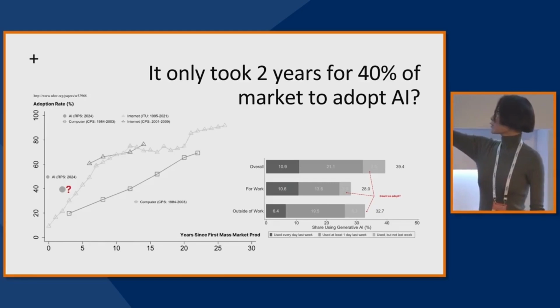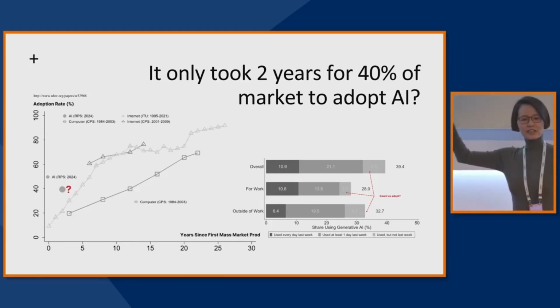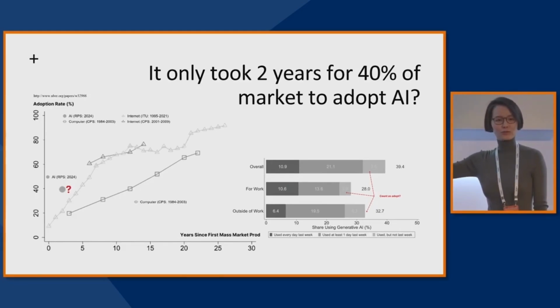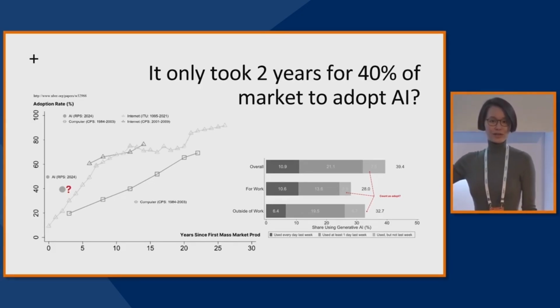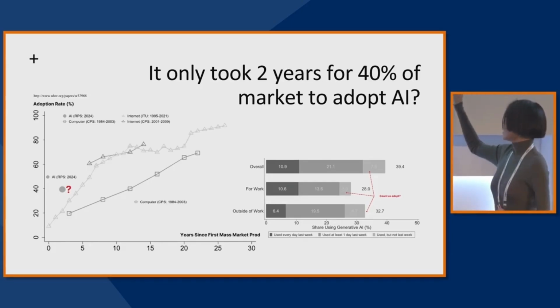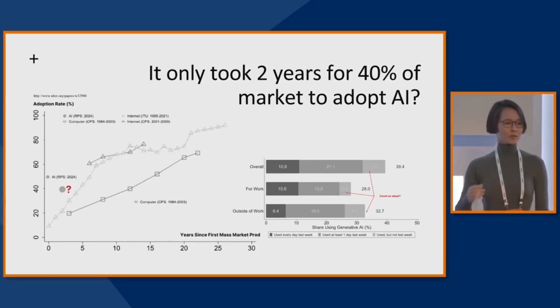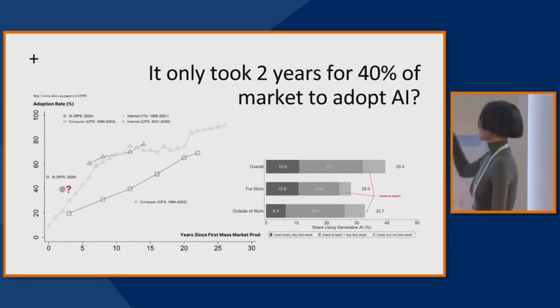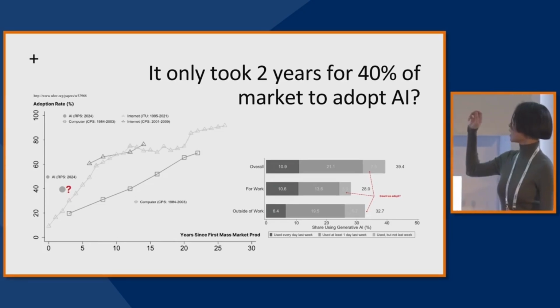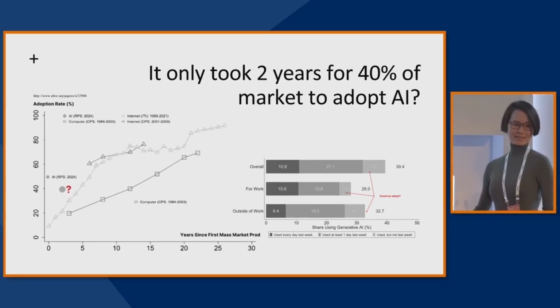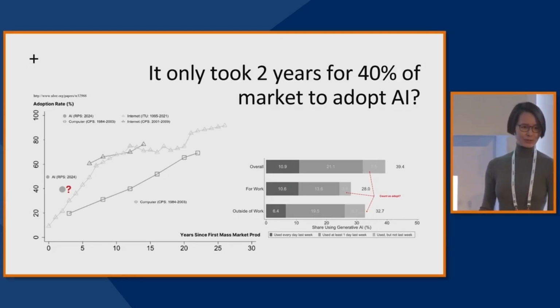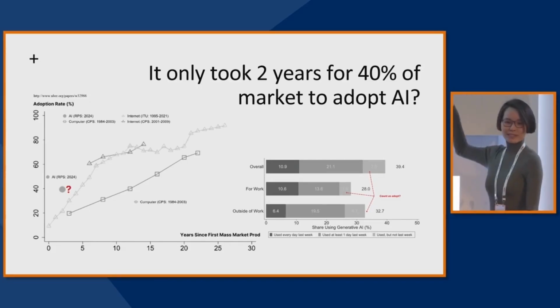This group, the one in dark gray, is essentially those who use AI every day and have already treated it as part of their workforce. The middle group is people who probably use AI once every week or once every 2 weeks. And the last group is those who have used AI once. That means since ChatGPT was released in 2022, they have at least tried ChatGPT. And that's how they got to 40%.